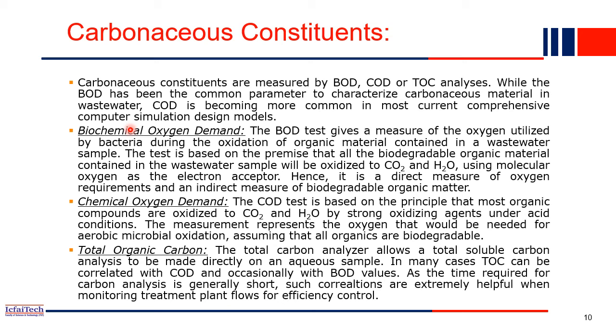that means you understand that the pollution level is also very high in the wastewater, because oxygen demand will tell you. If the oxygen demand is very high, it means more microorganisms are present in the water, more organic matter is present in the water. That's why the oxygen demand is also more. So this is one important parameter by which we can tell what the pollution level is in the water. Now the next is chemical oxygen demand.